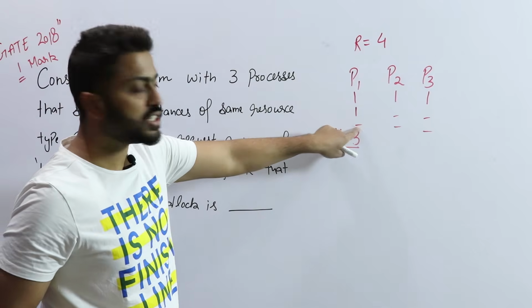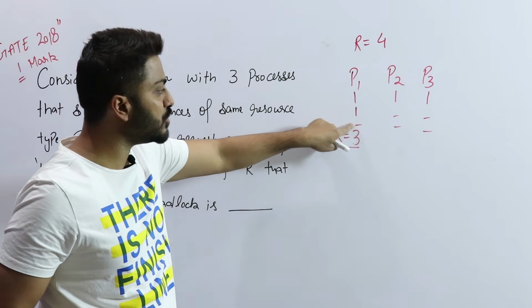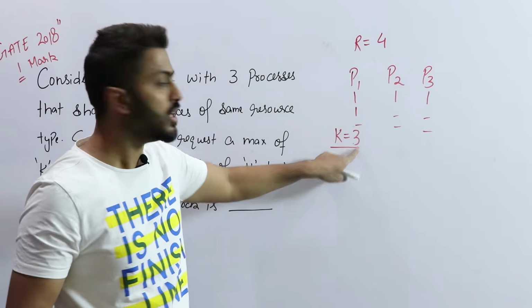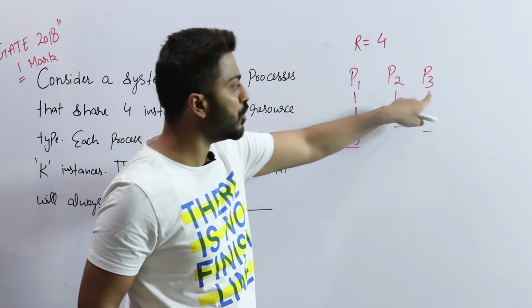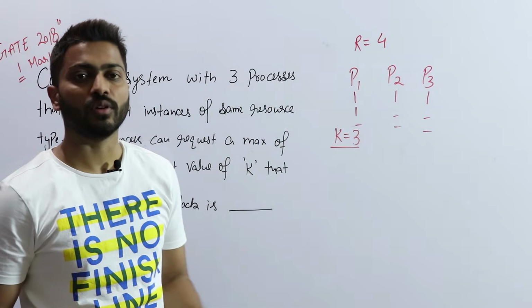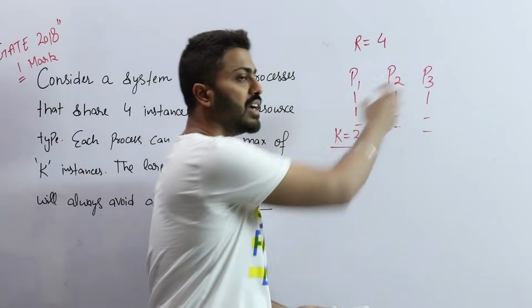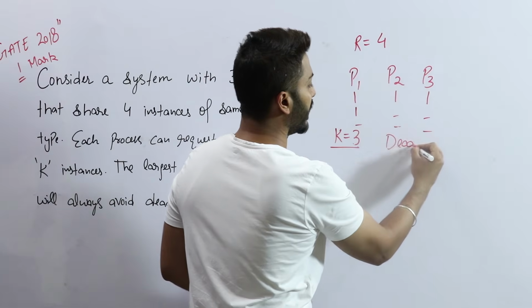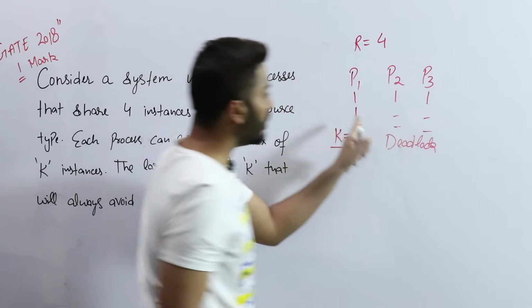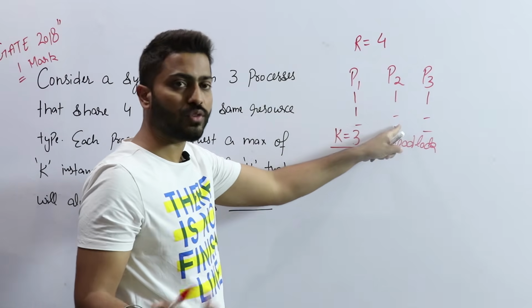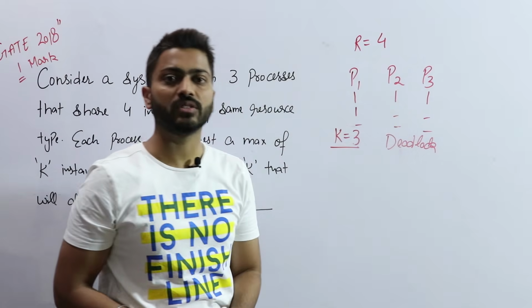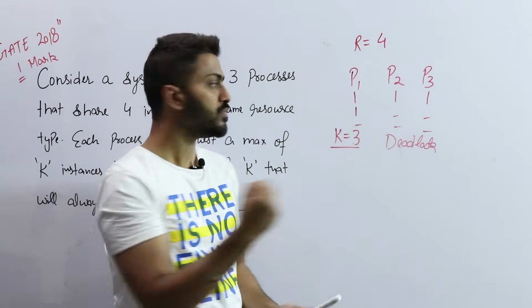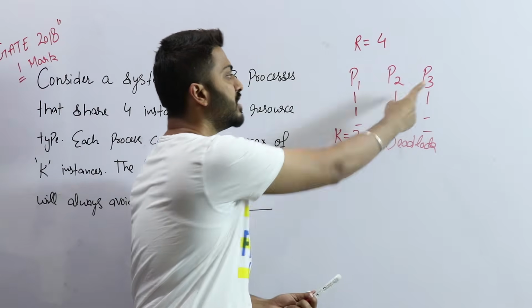So the resources will be empty, because P1 needs 1 more resource. As we have taken the request as 3, P1 needs 1 more, P2 needs 2 more, P3 needs 2 more. Who will fulfill? Nobody is going to fulfill the request. So in this situation there will be a deadlock, because P1 is waiting for 1 resource, P2 is waiting for 2 resources, P3 is waiting for 2 resources, and who will provide them the resources? Nobody, because P1 has taken 2, P2 has taken 1, P3 has taken 1.